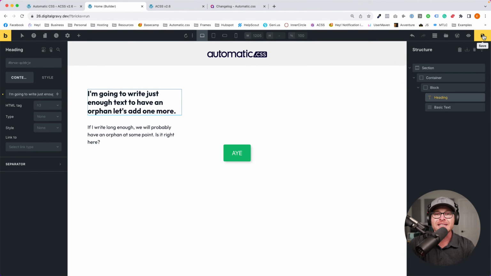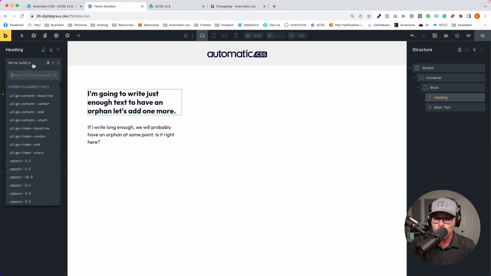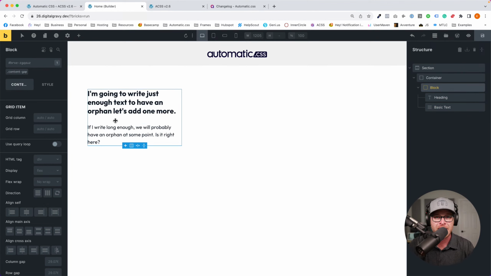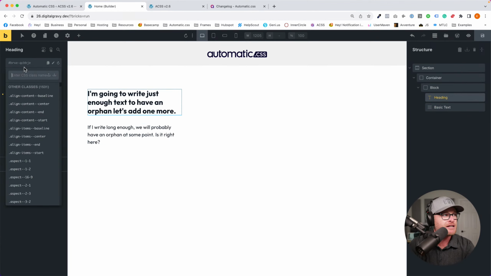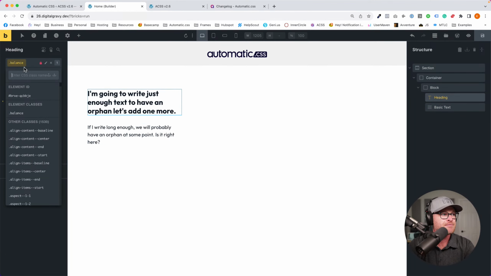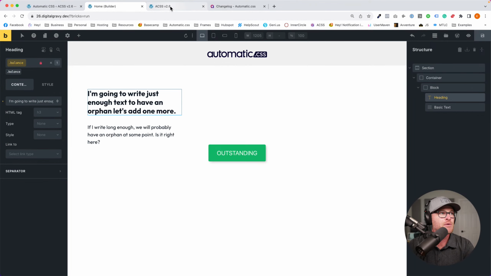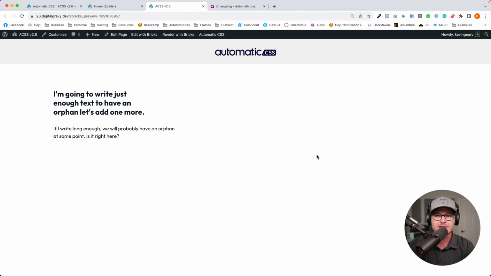Remember, automatic balancing is turned off. So I can come in and have more options at my fingertips. You can do this on the heading. You can do this on the text. You can do this on the parent. Doesn't matter. I'm going to come in here and I'm going to say balance. And we're going to save. And we're going to go to the front end. And now it balances. So you can have automatic turned off, and I just balance things as I come across them that I might want to balance. That is your second option. You can do that too.